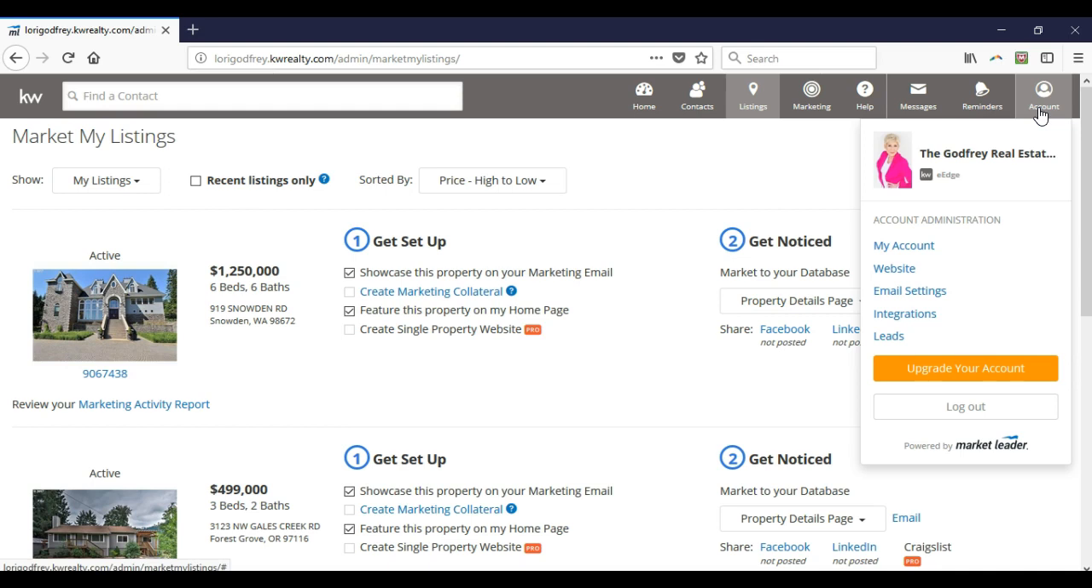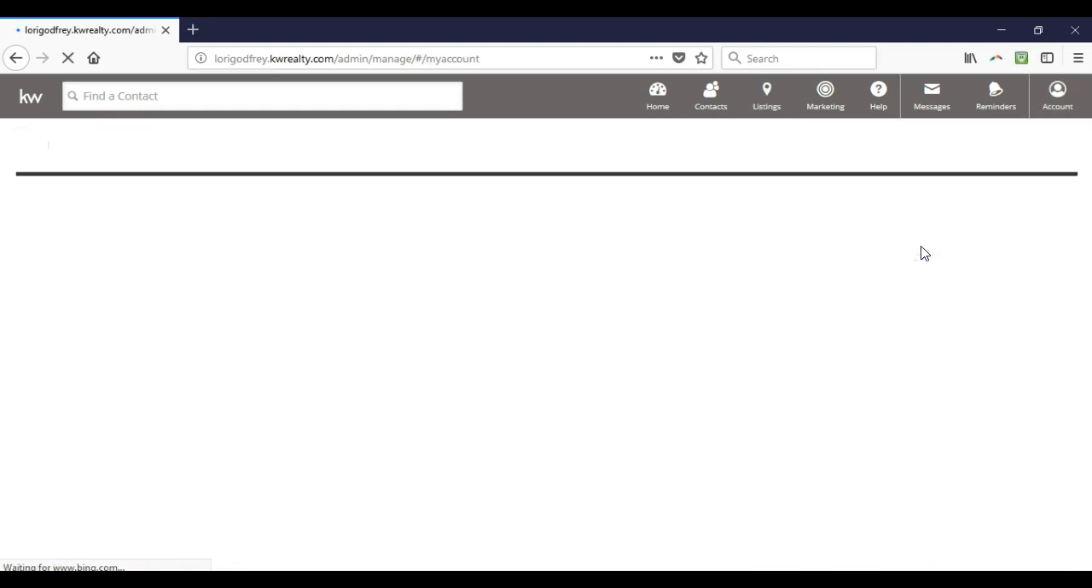All right, and once we click on that, we're going to get a drop down of everything that we can actually utilize. Now, the biggest thing we'll want to take a look at is the My Account section on here. This is where we can go through and update all of our information that'll auto-populate not only on our eEdge website, but more importantly on all of our marketing pieces. All right, so once I click on My Account on here,